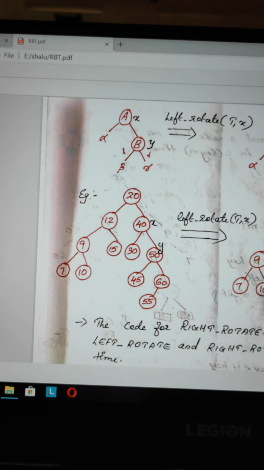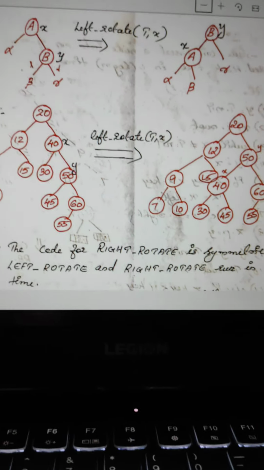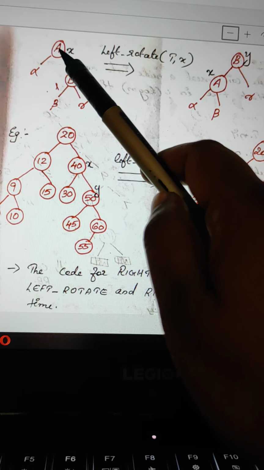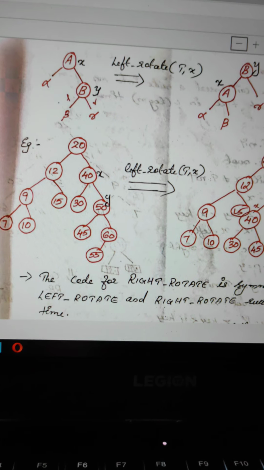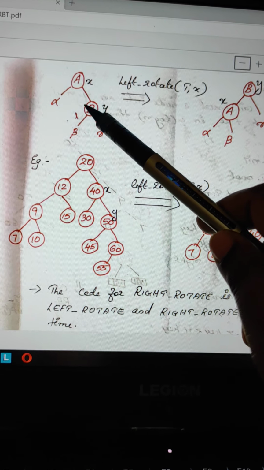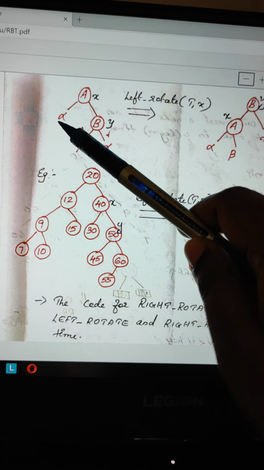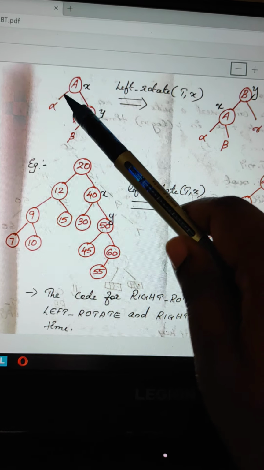Okay, how can we perform the left rotation? We can do it by moving this A down. That means we can pull this A down. What will happen? A will come here, B will come here, and A will go down. That is left rotation.